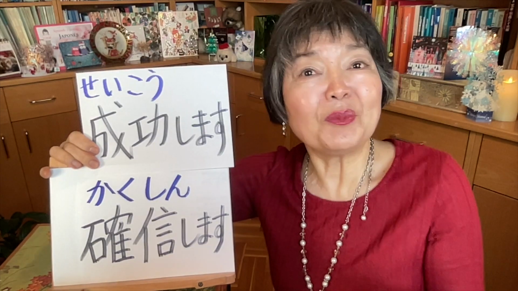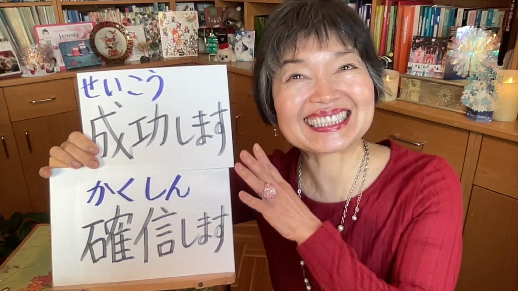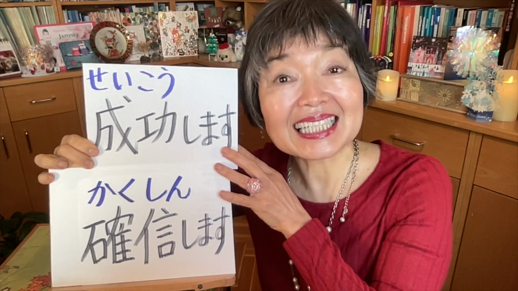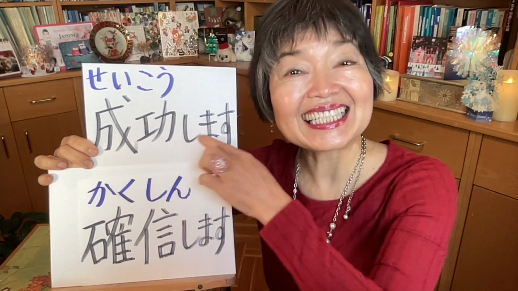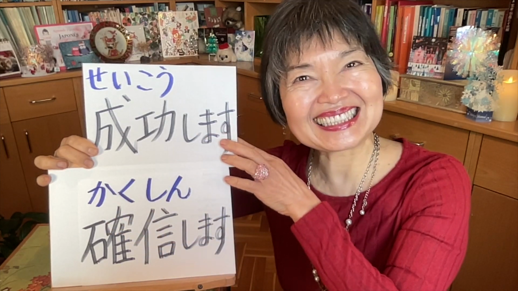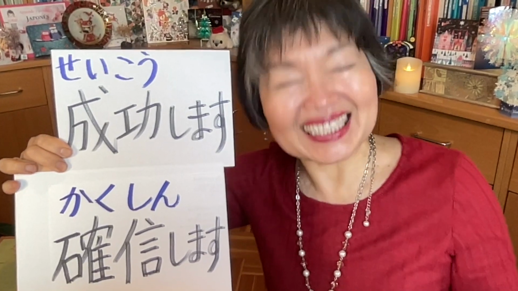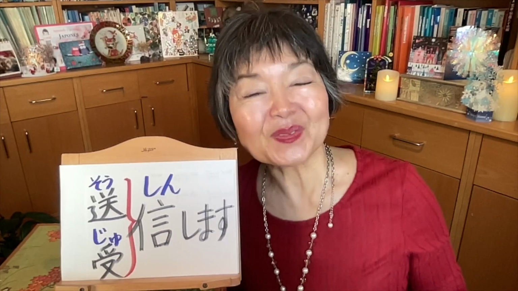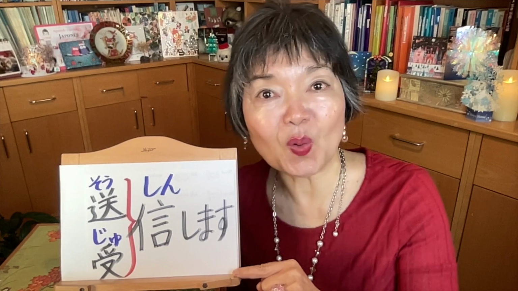To be really, really sure, to be convinced. 確信します。I'm convinced, I'm really sure of your success. The noun success, 成功。And the verb to succeed, 成功します。あなたの成功を確信しています。